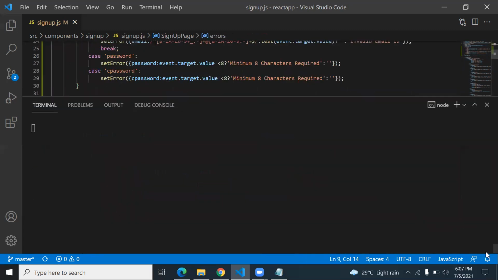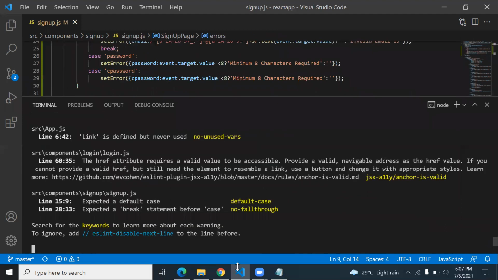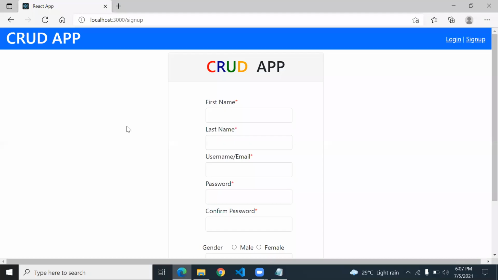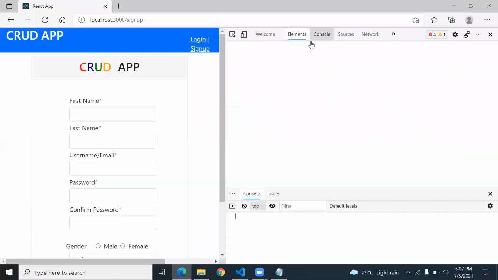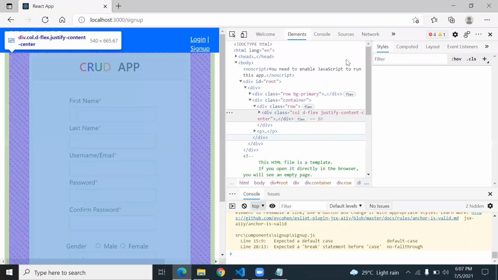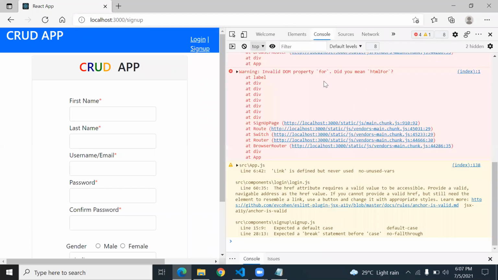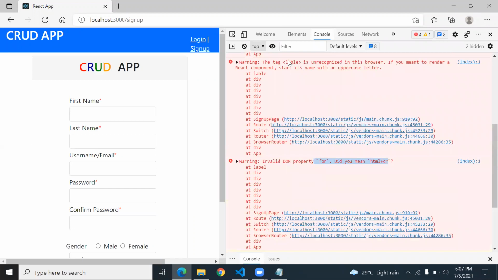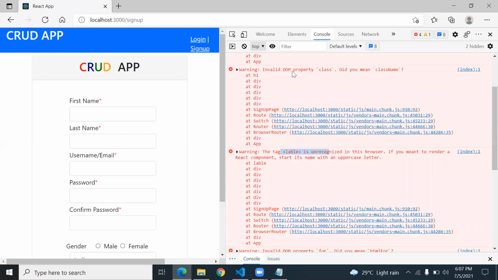So if you execute your application, go to sign up, inspect, and open the console. Okay, so here, the label tag is unrecognized.